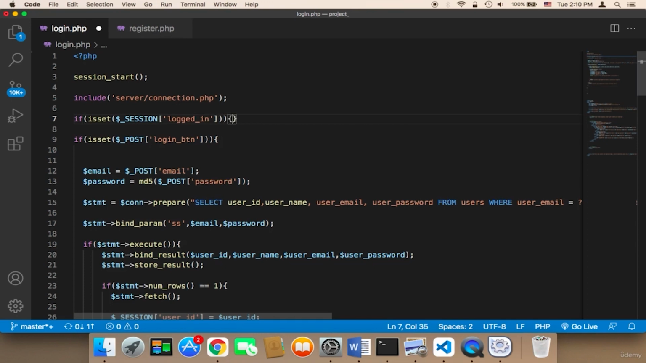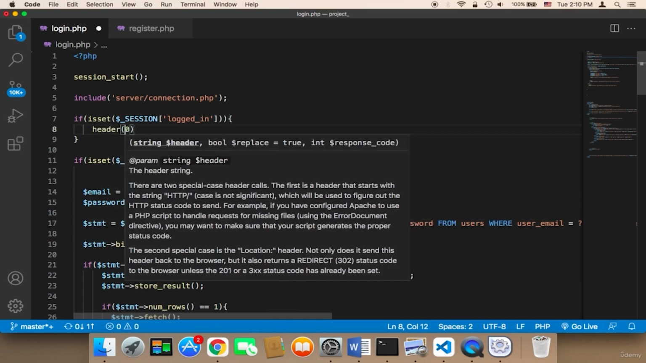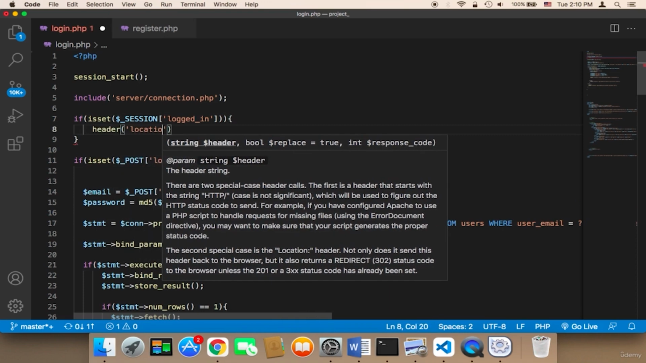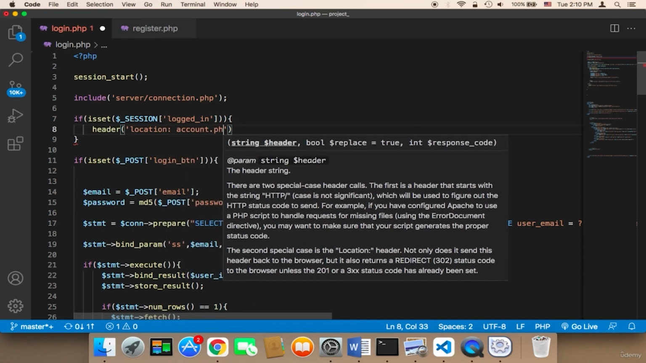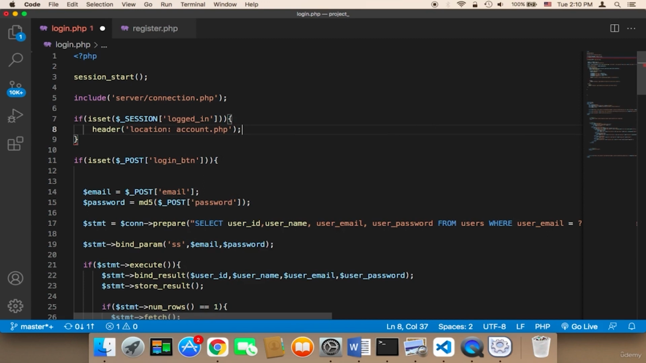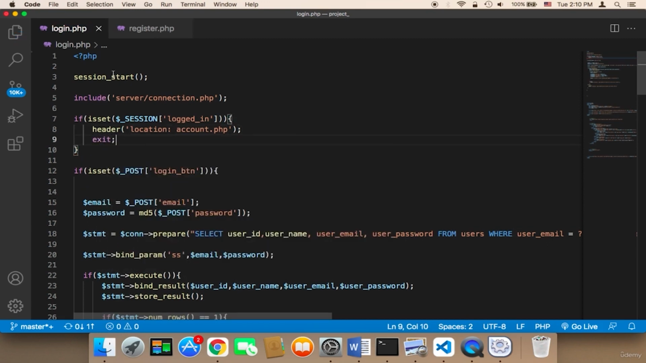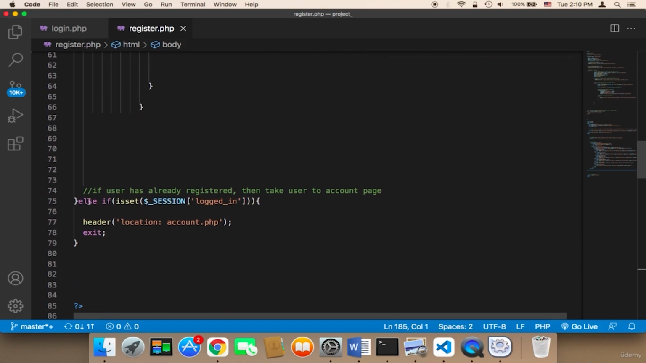If the user is logged in, then we need to take the user to the account page. So I'm going to say header location, and then I'm going to take the user to the account page, and then that's it. We just take the user to the account page and we exit in case the session is set. Similarly with the registration page, in order to protect the page completely, we need to, instead of saying